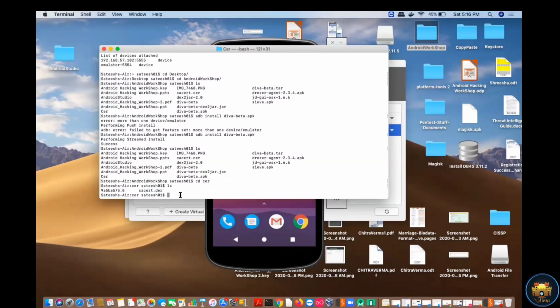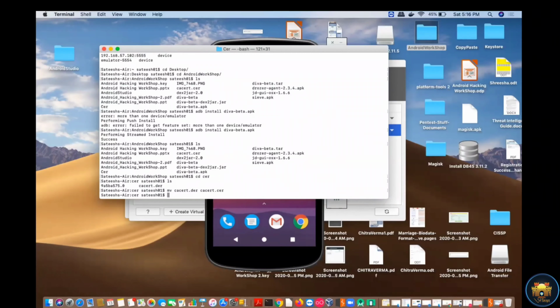So you need to just convert this DER format. So I'm using the move command. So if I check here, now this file is converted into .cer format.